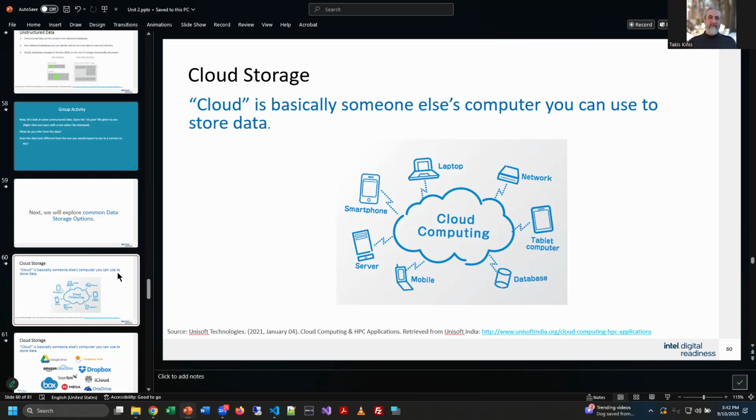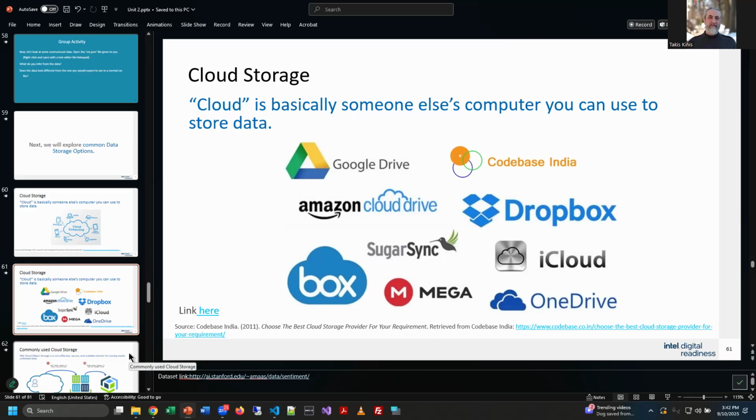And if you're on your smartphone, those come with cloud storage too. And here at Gateway, we use Google Drive. So a lot of us use these different cloud services. I happen to use several of them. I use Google Drive mostly for school stuff, and I have a personal one too.